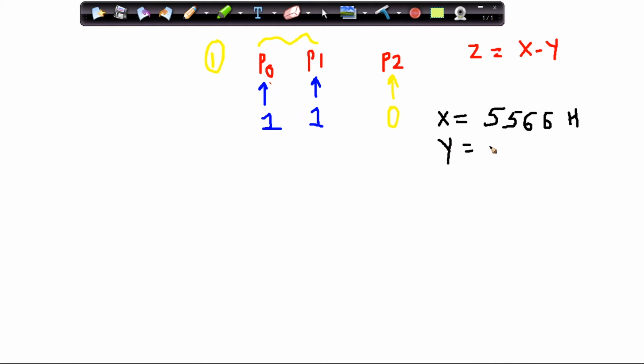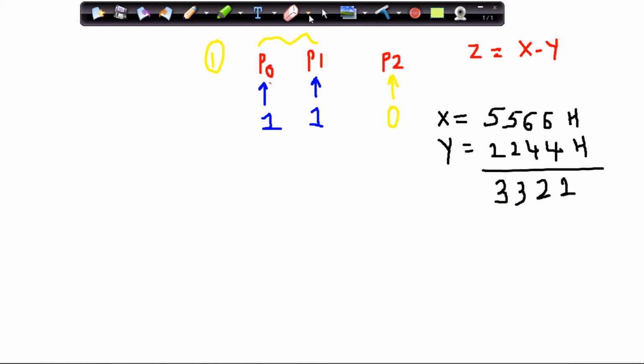Let me take Y as 2 2 4 4, again in hexa. These are our two different 16-bit numbers. So the result we will have is 6 minus 4, which is 2, 6 minus 4 it is 2, 5 minus 2 it is 3, and again 5 minus 2 is 3.